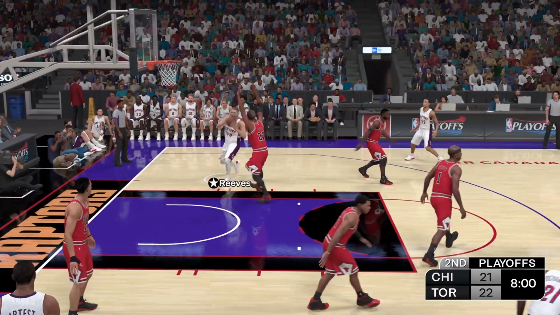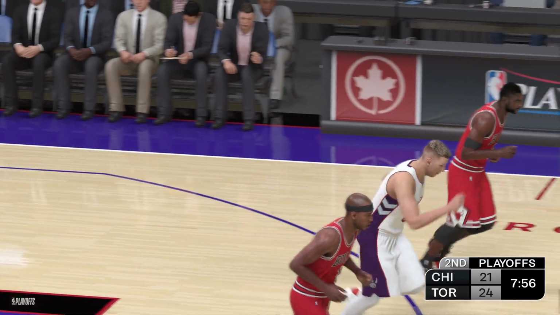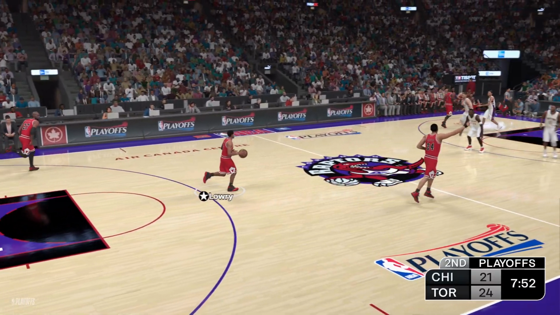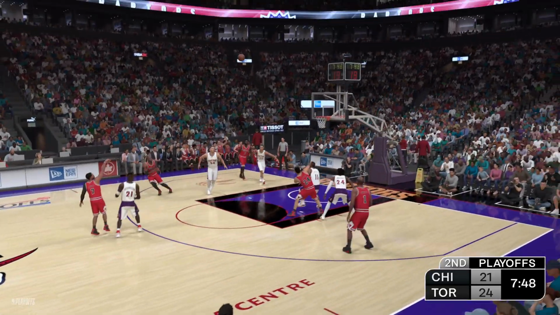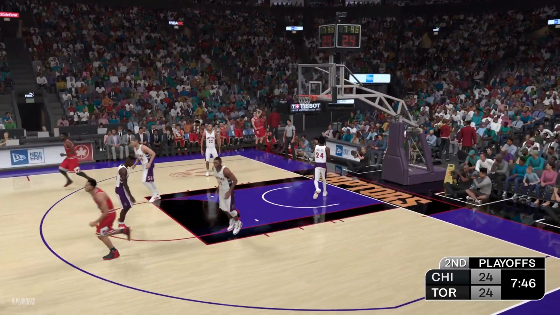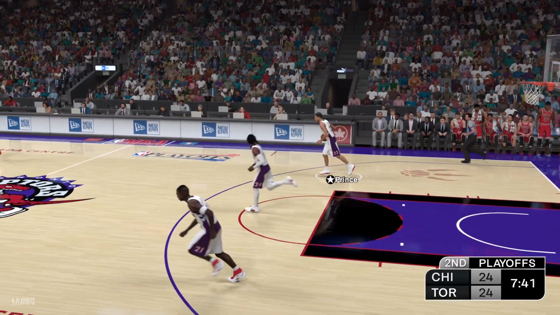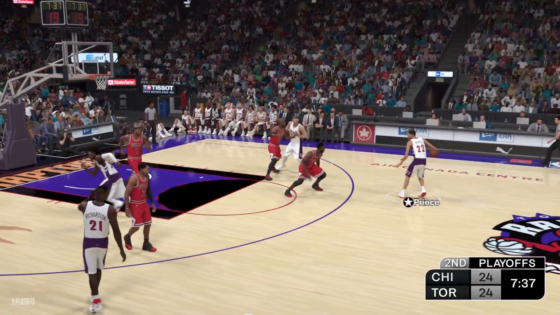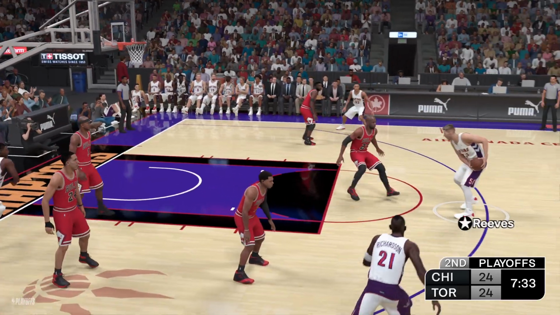Pass to Reeves. The shot's good on the assist by Prince. And the Raptors lead by 3. Kept his eyes up the floor, and it pays off. Lowry from outside gets it to go from beyond the arc. He's got 12. And this is the game plan for him. He's a big part of their floor spacing. And you know what? It's all about the long distance game for him tonight. He's getting it done from out there.